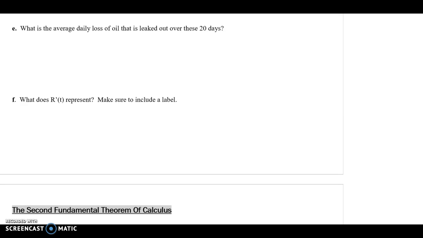We call this the average value theorem for integrals. It is the integral from 0 to 20 of R of t dt, and it's 1 over 20 minus 0. It's our upper bound minus our lower bound. You don't even have to put the 20 minus 0 because that's just going to be 20 there. Go back to your calculator and evaluate all that. What this should come out to is 88.889